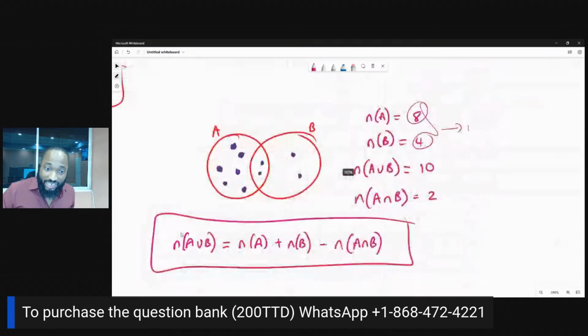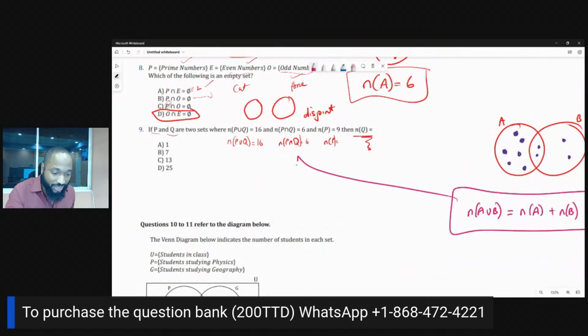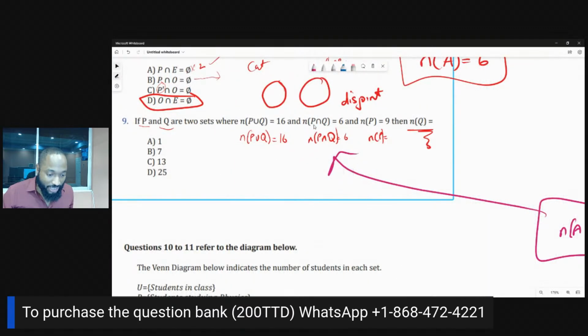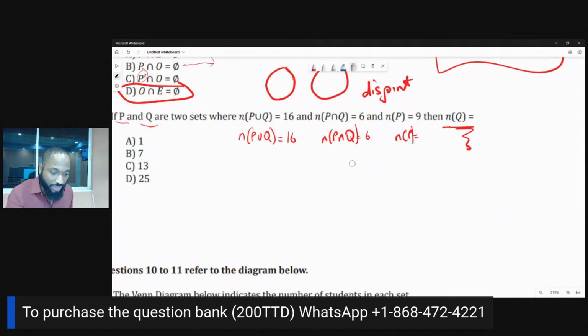This formula, they could ask you this formula directly, and that is what this question is doing. This question is asking you the formula directly. A part is missing, but they give you all the other parts. Now you understand how to do this? All you need to do is write out the formula. I'm going to put it in red. So the number of elements,